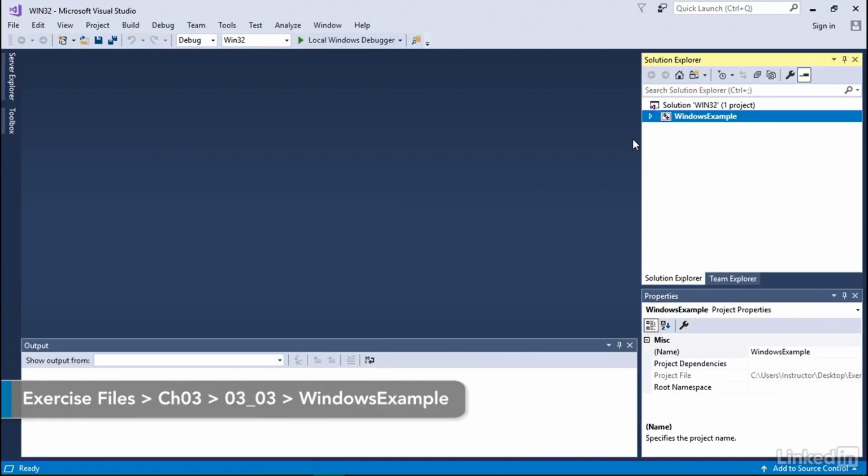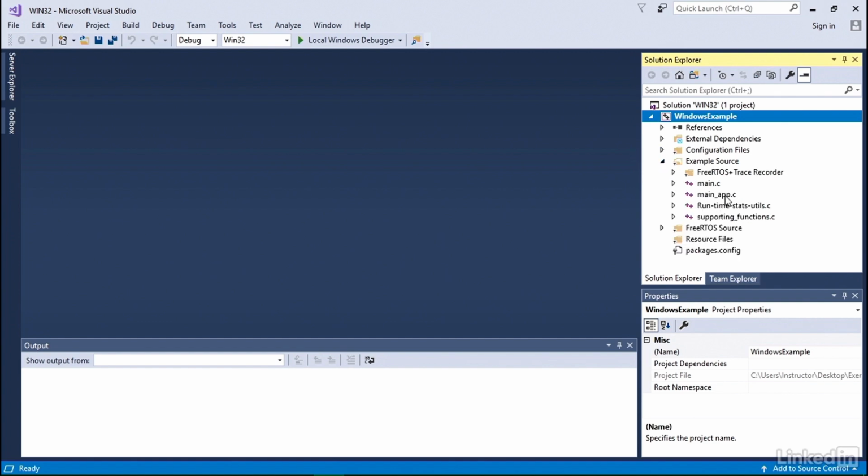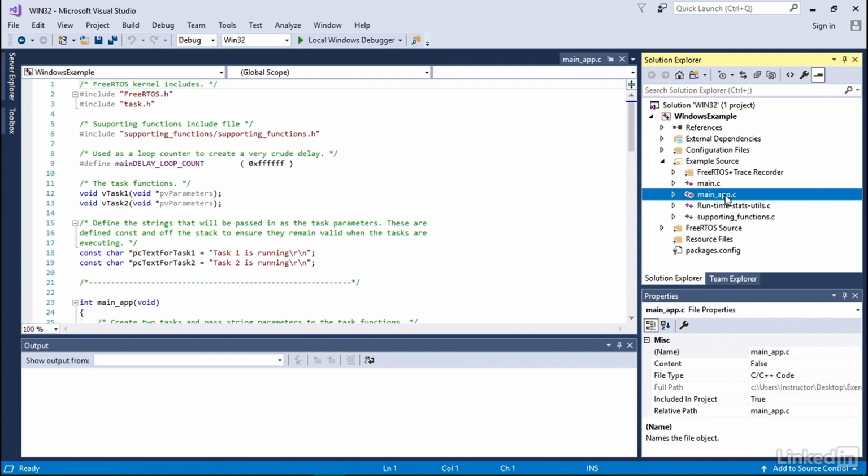Now you'll see the project named Windows Example on the right side in the Solution Explorer pane in Visual Studio. Expand the example source node and open the file named main_app.c, which is the main program file we'll work on. Let's briefly look at the program, as we'll have a similar program for the later exercises. Although some code has self-explanatory comments, to help you understand the code, I kept a few comments from the FreeRTOS